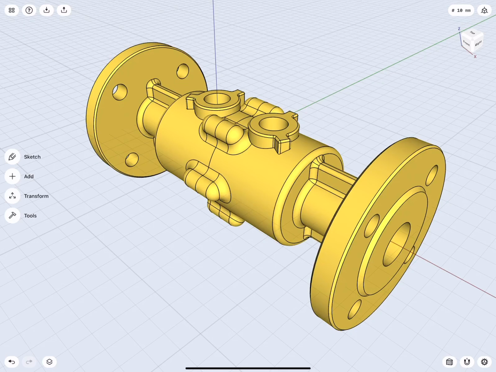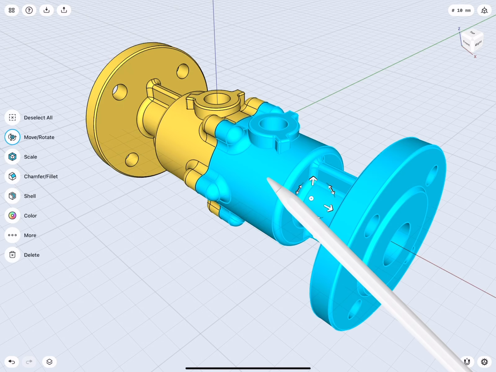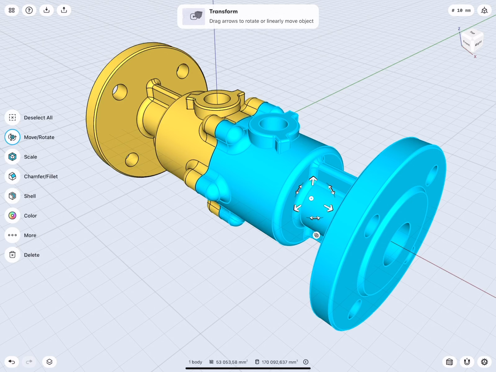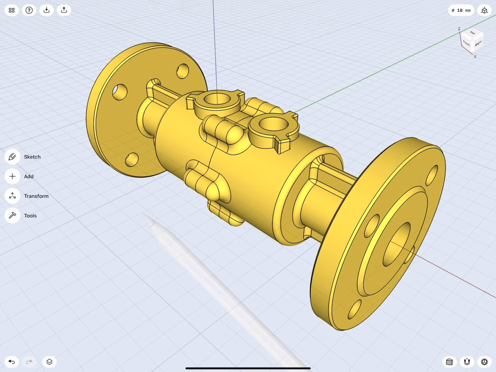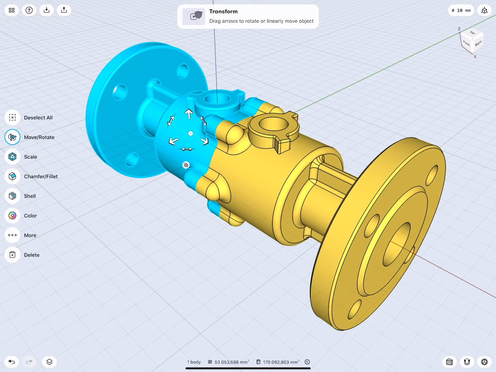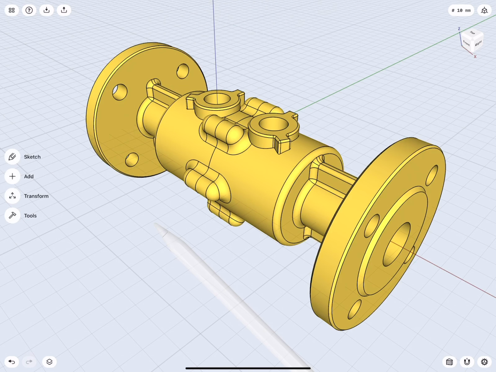The mirror tool is very useful and can be a huge time saver if we have any symmetrical or mirrored designs. So for example, with this design here, we might notice that this is a very symmetrical part, and it looks like this right half here is exactly symmetrical or mirrored about this left half here. So let's take a look at how we might create this design using the mirror tool.